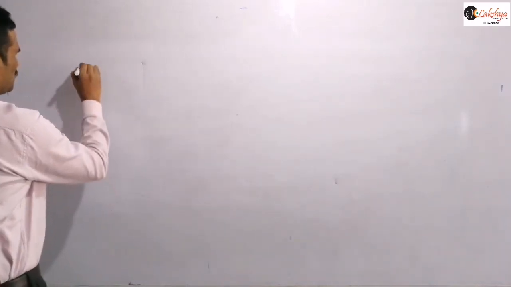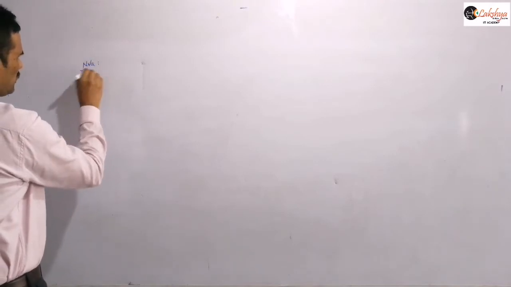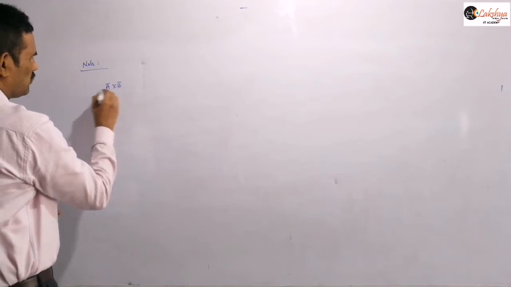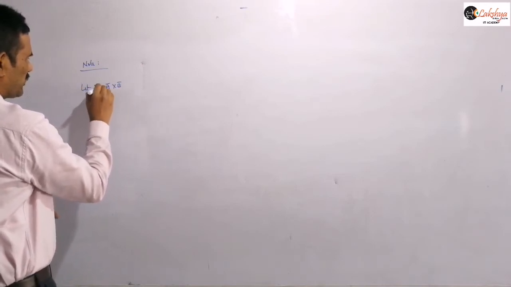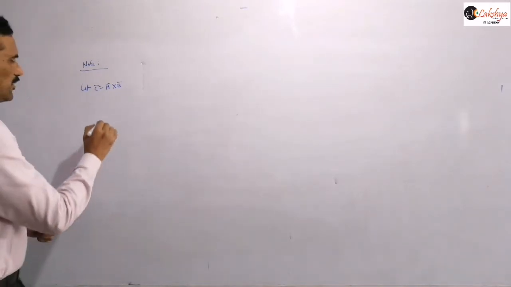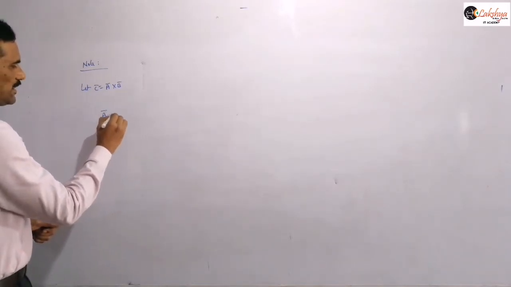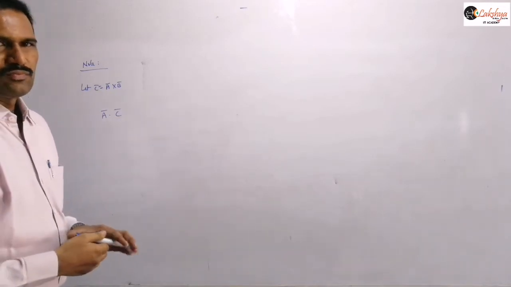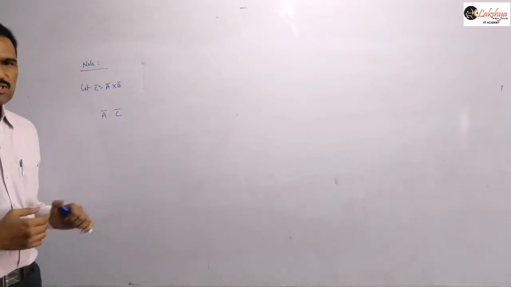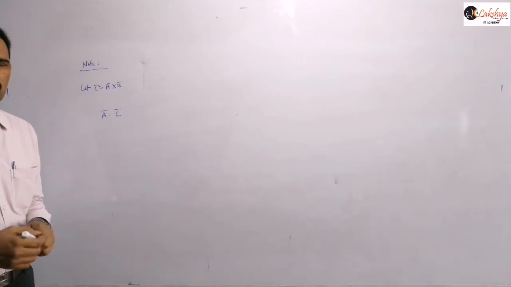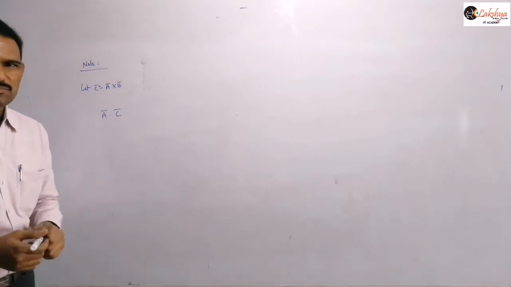And here after this just write a note, so that after that I will discuss these properties. The note is nothing but: let's suppose A bar cross B bar will give another vector. Suppose I am taking that as C bar. Now can you answer what is the dot product of A bar dot C bar, where C bar is given by this cross product of those two vectors? Can you say this value?